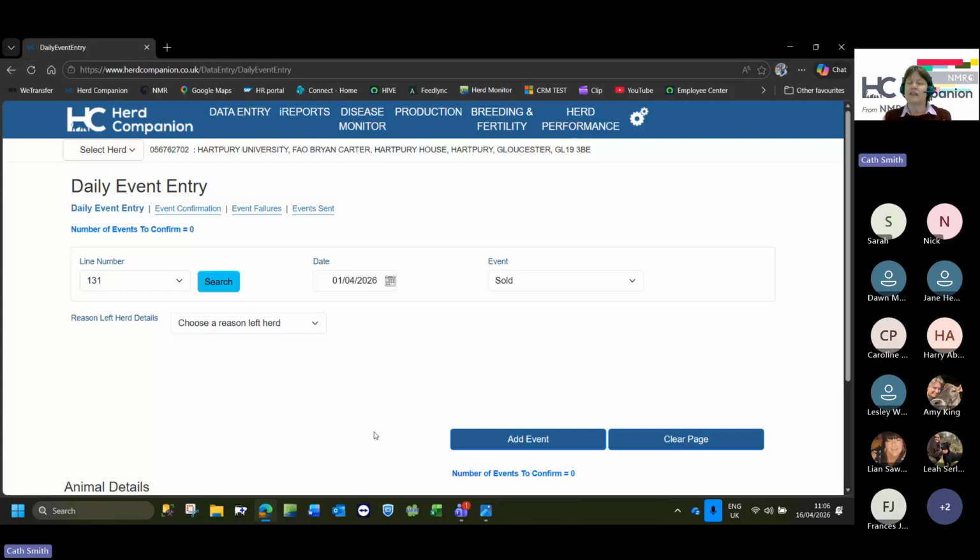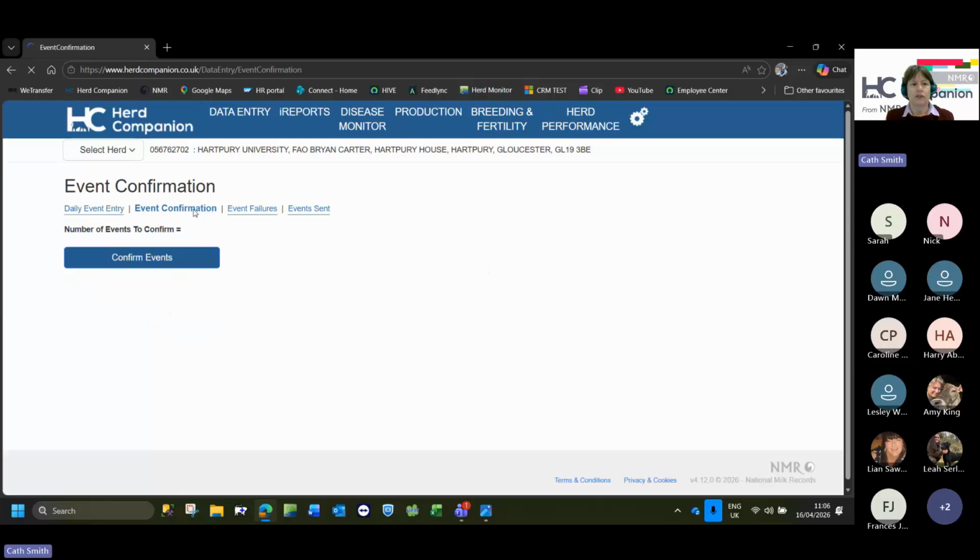When you get to the finishing, you want to then confirm your event. So that's done in this screen, event confirmation. So you could do a batch at a time and then confirm the whole lot, and that will then essentially put it up to live. And then all the reports that are relevant are updated in Her Companion. As I say, it is immediate, so then your records are all updated for everybody that you have